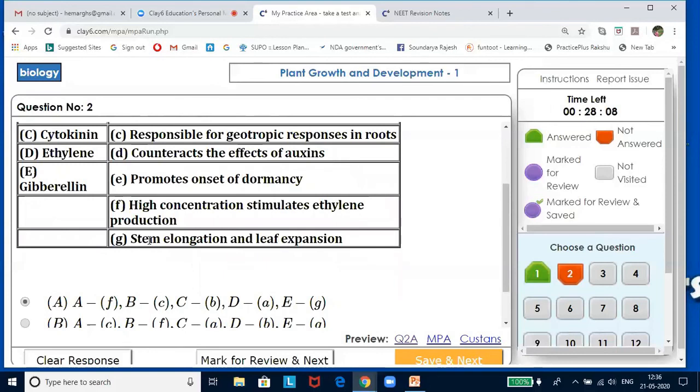The pigment cytochrome controls photomorphogenetic responses. True. Cytochrome pigment occurs in two photoreversible forms. Yes. Because of its occurrence in two photoreversible forms, we are able to have the photomorphogenetic responses. True. Responses are controlled by the pigment cytochrome. So the reason is the correct explanation. So, A is the best.